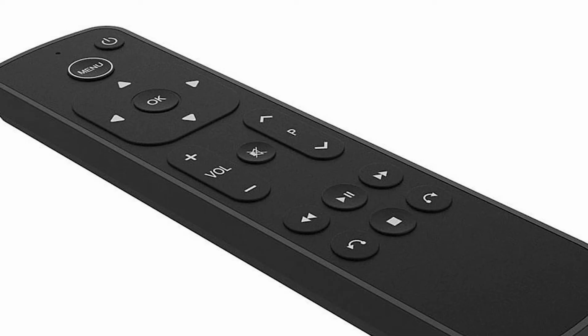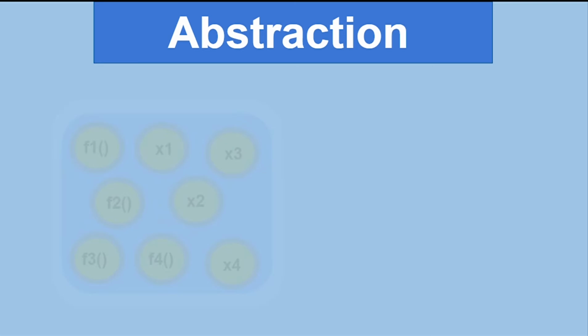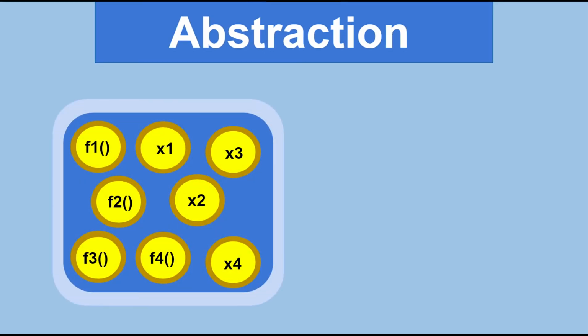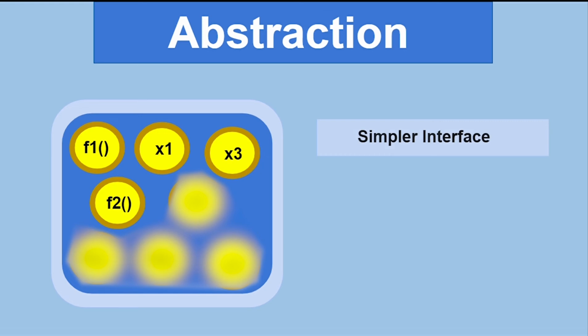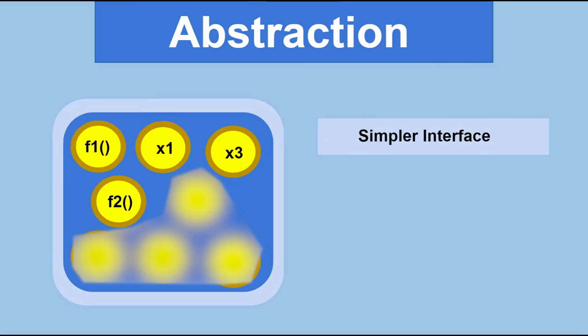We can think of a remote as an object that has some complex logic inside it and a few buttons on the outside that we interact with. So we simply press the buttons and things happen. We don't worry about what happens inside it, and all that complex logic is hidden from us. This is abstraction. The same technique is used in objects. We can hide some of the properties and the methods from the outside, and this gives us a couple of benefits. First, the interface of the object will become simpler.